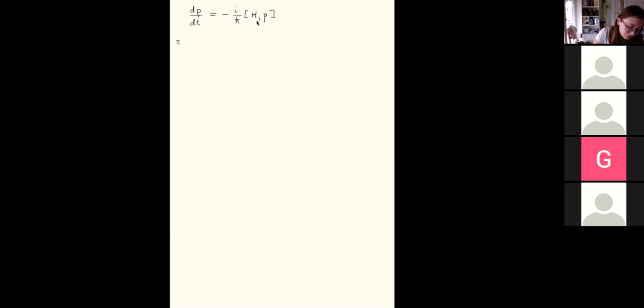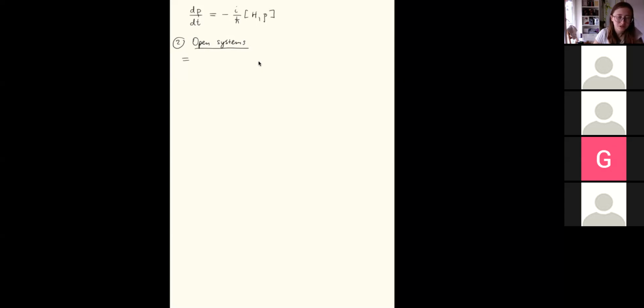So the next concept that we will need is the concept of open systems. So what we just looked at was the evolution of a closed system, because we knew the unitary which was governing the evolution of the whole system. And so for us, it was easy to write the state of the system at an arbitrary point in time. However, this is not always the case, and